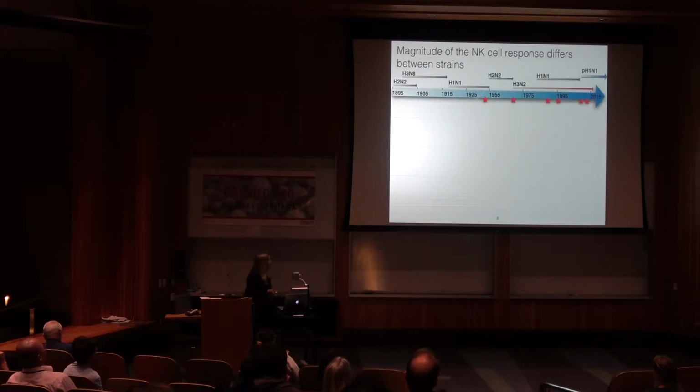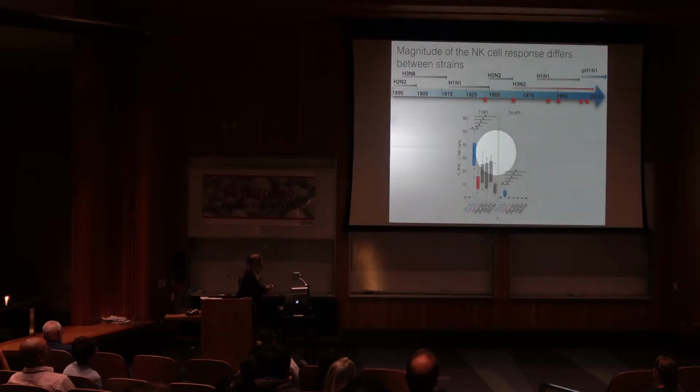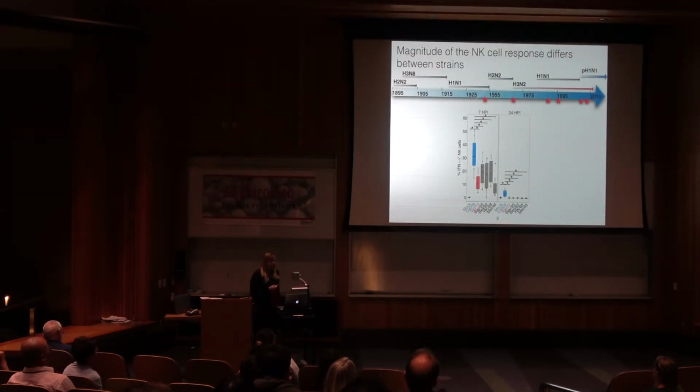So we next asked if this held true for other flu isolates, and we compared 6 strains dating back to 1946. These are a mixture of subtypes. And we found something a little unexpected. That Cal09 strain, here in blue, led to a markedly higher interferon gamma and NK cell response than all the other strains tested. And at 24 hours post-infection, after several cycles of replication, the NK cell response to Cal09 was